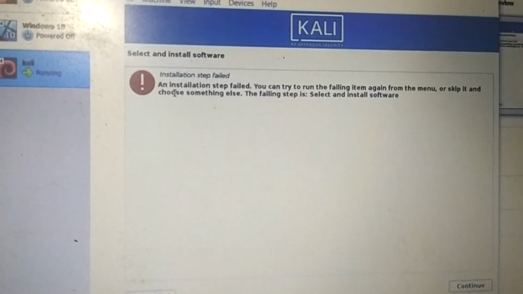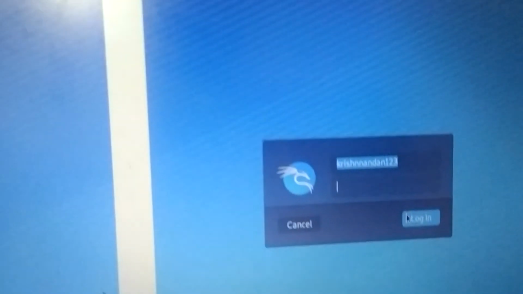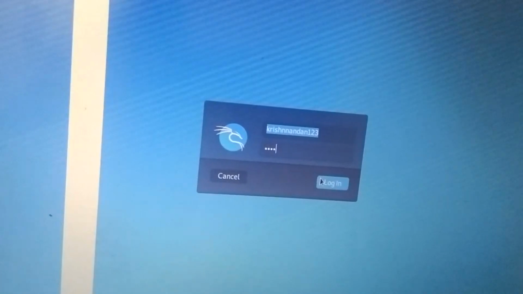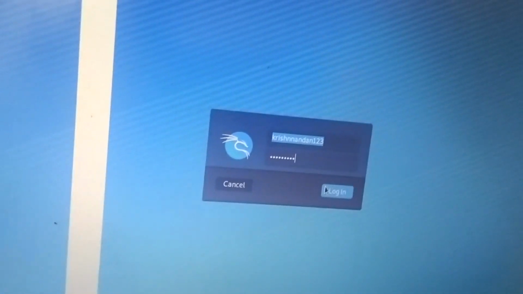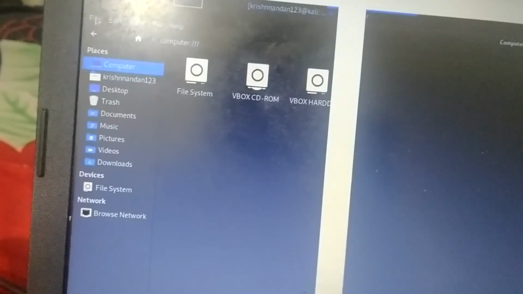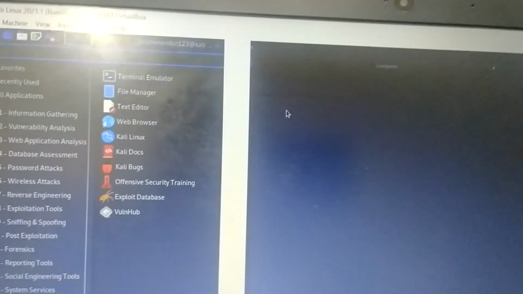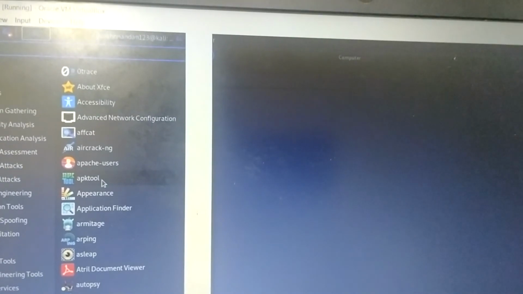You can see this message which is an installation step failed, and now I can see this Kali Linux desktop. Okay, now one thing you will notice here is when you just maximize this window of the VirtualBox, the Kali Linux desktop will not resize according to the size of your VirtualBox window. So this problem we can solve by installing the VirtualBox guest additions on our Kali Linux. Now to install VirtualBox guest additions on Kali Linux, what you can do is